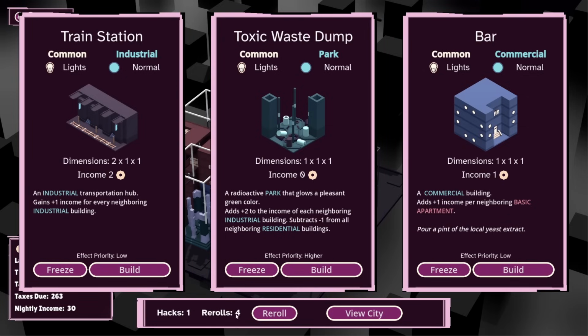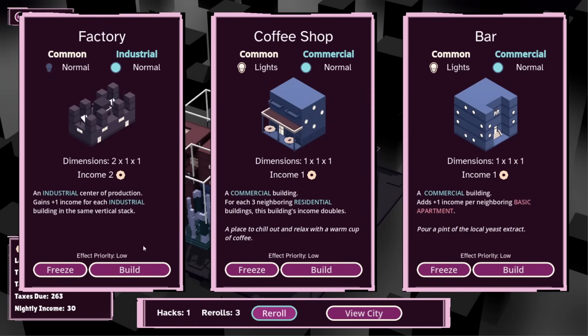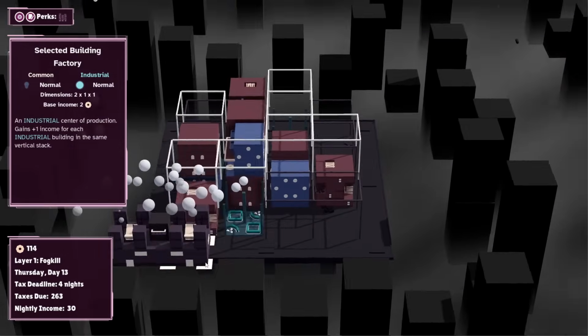Could we? We've got 4 rerolls. I don't want to put down a toxic waste dump, and I think we have enough bars, so maybe we could just use a cheeky reroll there? Right, a factory. We shall take a factory, thank you very much. We'll have one of those, and we'll put that...